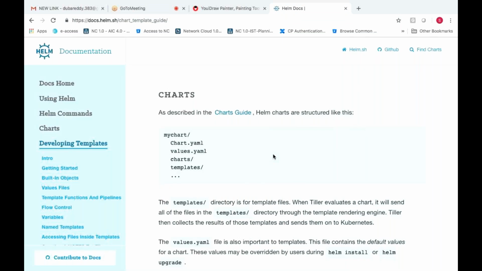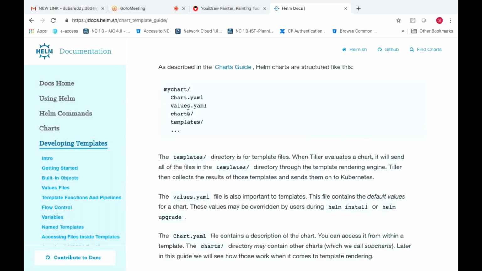So here Chart.yaml, values.yaml, charts and templates. Okay. Chart.yaml will have the description. Okay. What you are trying to do. What you will do with this. A short description. So that will be shown when you have successfully deployed. At the end, it should show some subject, right? This chart has been successfully deployed. Please use this particular command in order to access your dashboard. Something, blah, blah, like that. Okay, in order to display in that particular format, we need to write some content in the Chart.yaml.